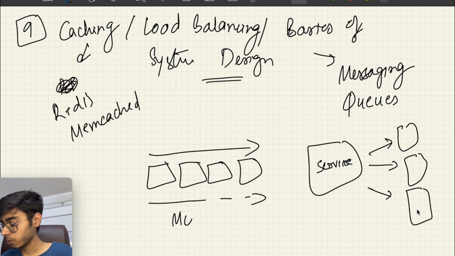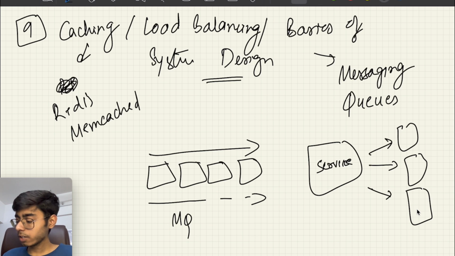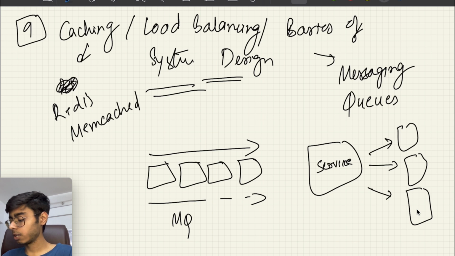So this is called MQ, that is messaging queue, right? So over here, some advanced things have started. You can actually learn system design to become a very good engineer, right? So you can learn about Redis. So these are all the small tools that you can explore, or we can see all this in system design